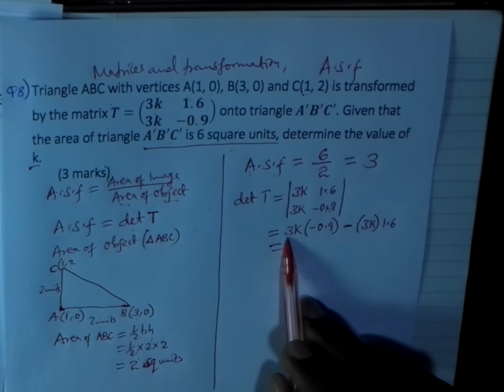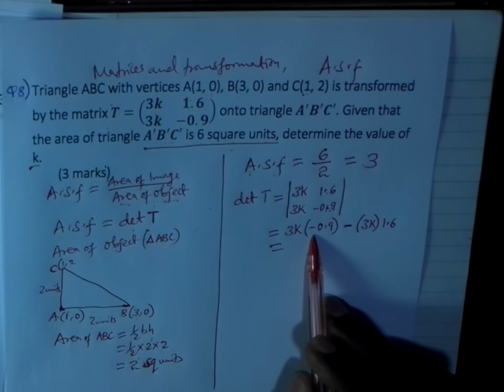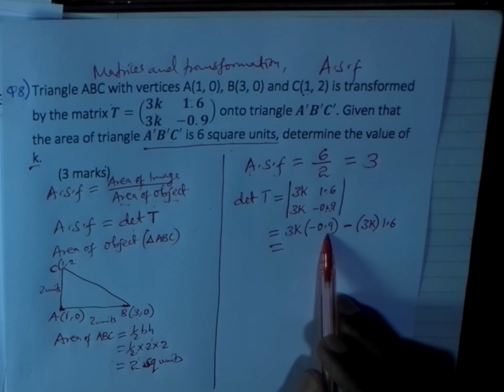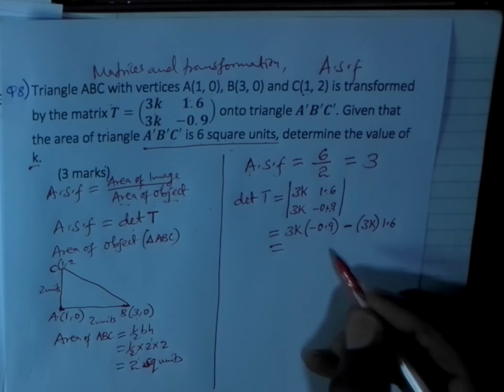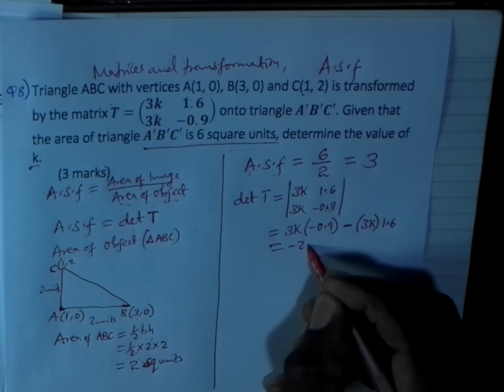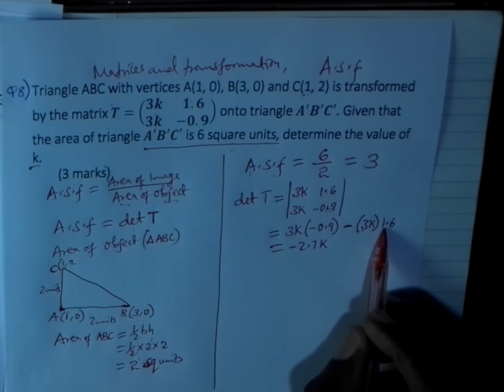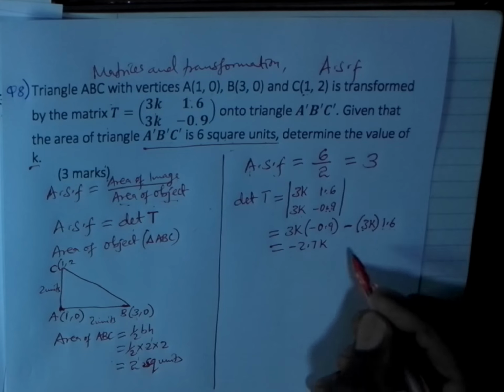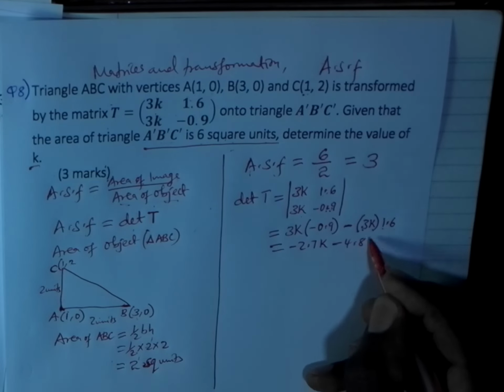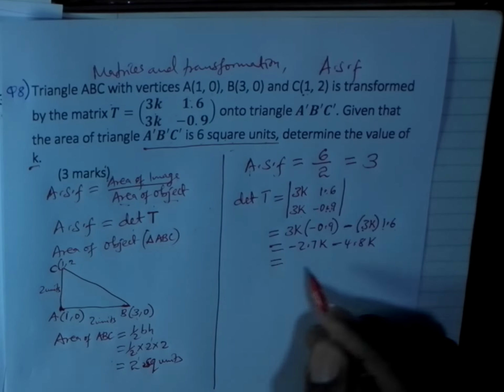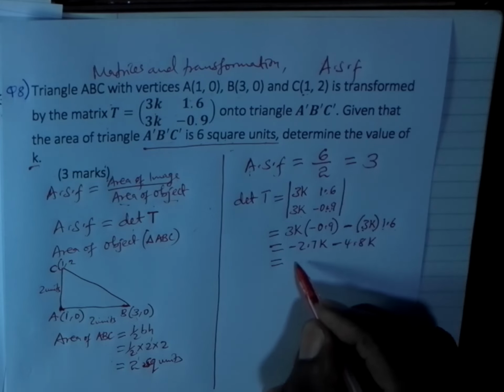So 3k times negative 0.9 gives negative 2.7k. The other one is 3k times 1.6, which gives 4.8k. So if we subtract them, we get minus